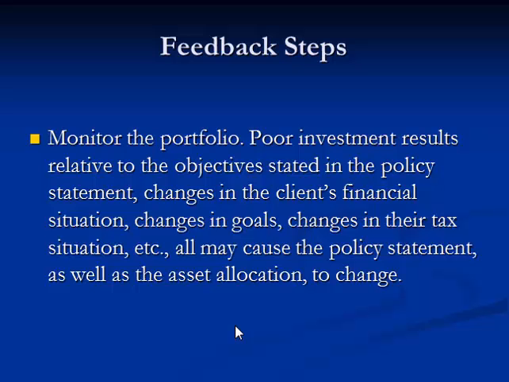So when you have poor results, you might want to do something about it, and you should be investigating what happened. Because in Stock Track, you're going to be writing a final report at the end of the semester that talks about here's the investment policy statement that I put together, here's the asset allocation I determined, here's what I executed, here's what I bought, and you're going to tell me, did my expectations pan out or didn't they? And you're going to need to talk about that. And so when things go awry, you need to write that up and tell me what you did to rectify the situation. And so these are feedback loops.